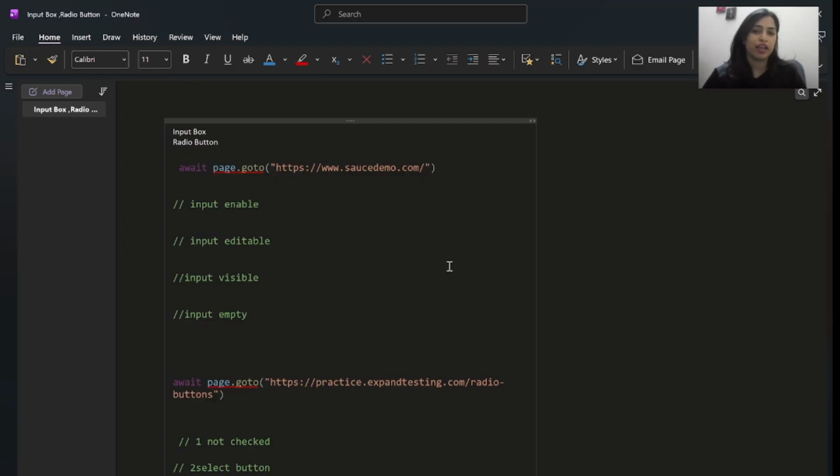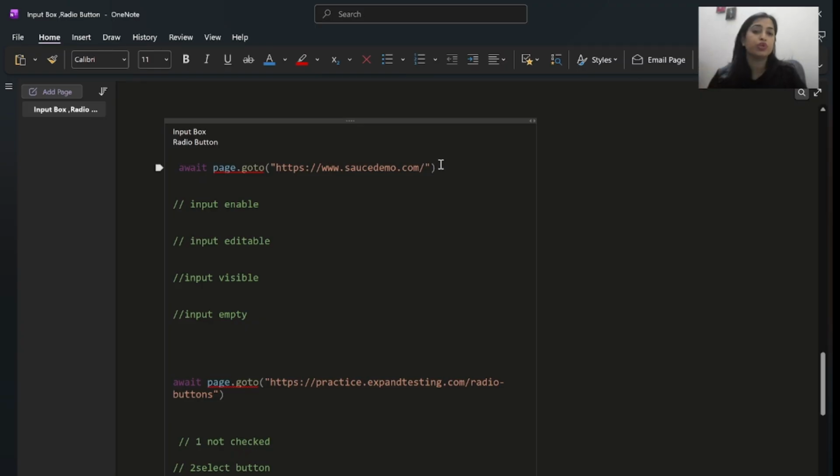So I come back again with a very beautiful video on how to handle the input box and radio button. These two are very common, but most of the time beginners make many mistakes while automating this. They simply automate the input box and radio button, but they do not put any sort of validations there. Due to this, your regression script fails, your test cases fail. So we are going to see how we can handle this today.